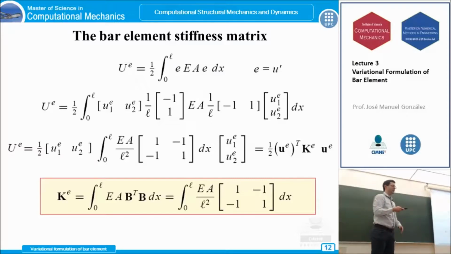So the stiffness matrix is usually an integration of the strain displacement matrix times, in this case, the axial rigidity, but in general it is the constitutive relation between strain and stress. Okay, so this E times A is the constitutive term, this B strain displacement matrix inside the integral, and we have this integral which leads us to the stiffness matrix of the problem. Okay,